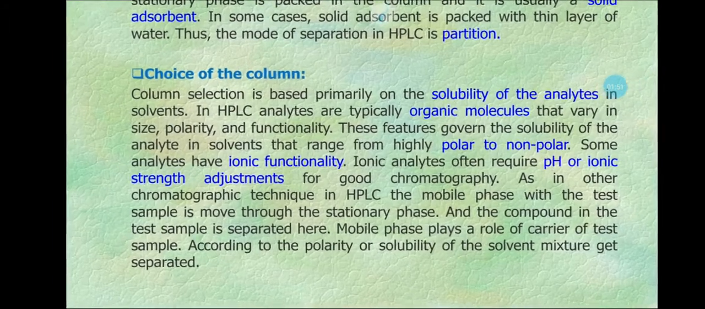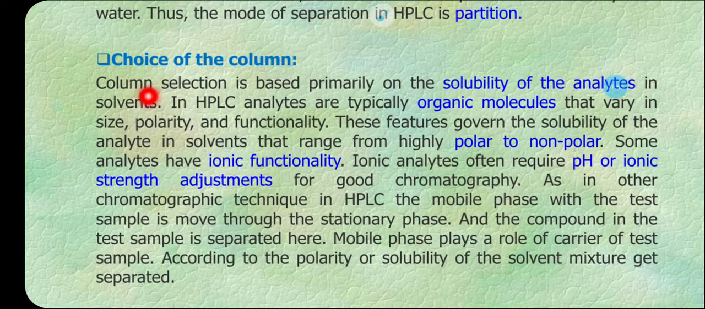Now, the choice of column. So, which column do we have to select? Column selection is based primarily on the solubility of the analyte in the solvent. In HPLC, analytes are mostly organic molecules that vary in size, polarity and functionality. These features govern the solubility of the analyte in the solvent, which ranges from highly polar to non-polar. Some analytes have ionic functionality. Ionic analytes often are required to maintain the pH or ionic strength in the mobile phase for good separation